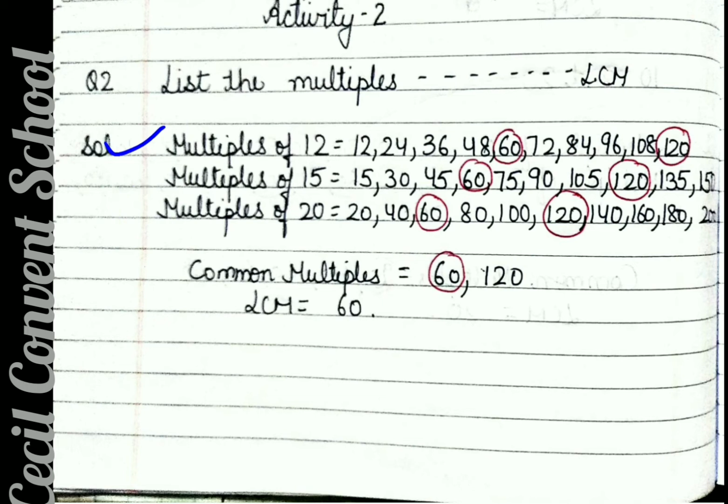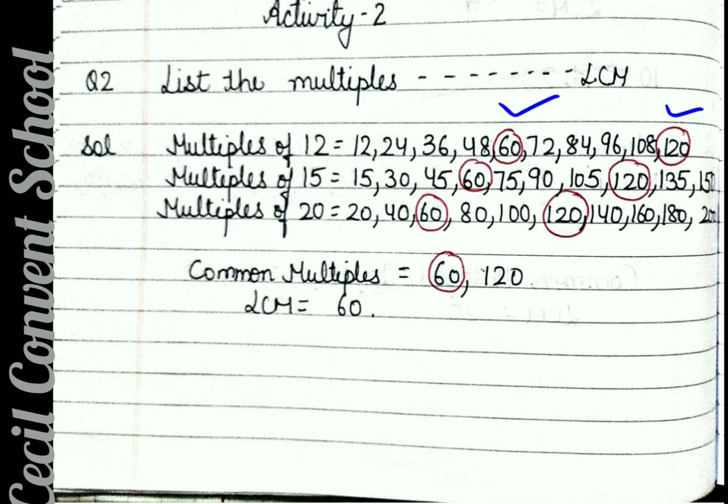Then students, you have seen that I have circled some numbers with the red pen. Why so? Because these numbers are common in all these three tables. Means see, if I am talking about 60, 60 is present in 12 table also, 15 table also, 20 table also. But the question arises that if you see any number that is present in two tables only, we will not consider it. Clear? Because that one will be wrong. So we will see the number should be present in all these three tables. So 60 is present in all these three tables.